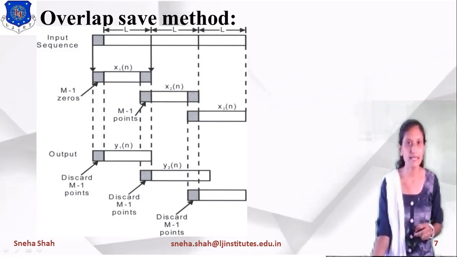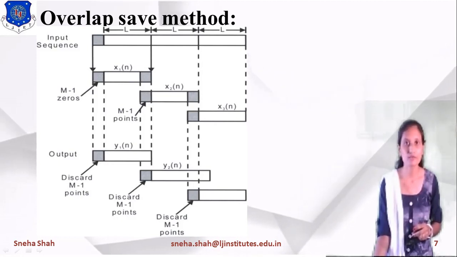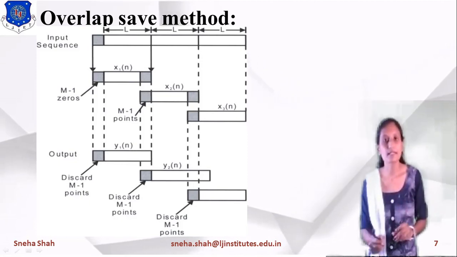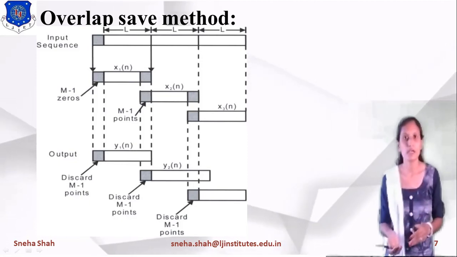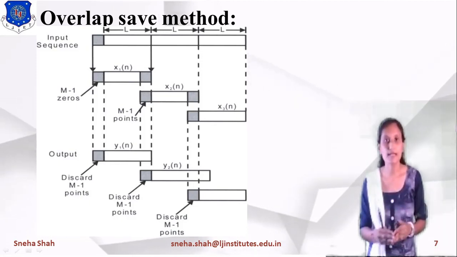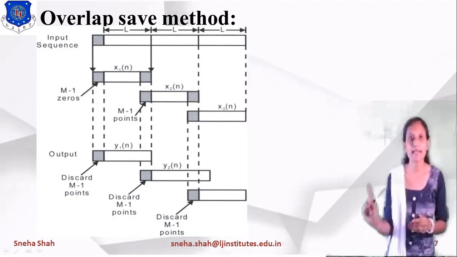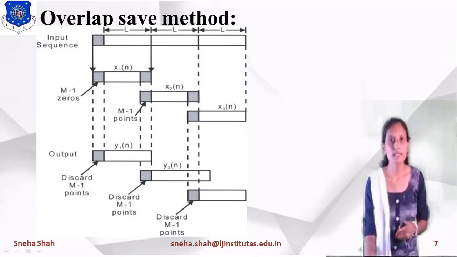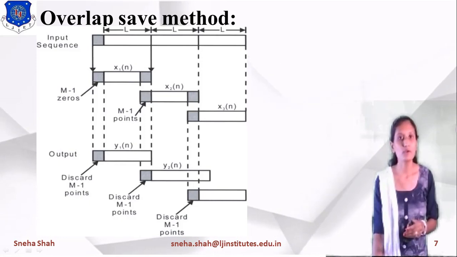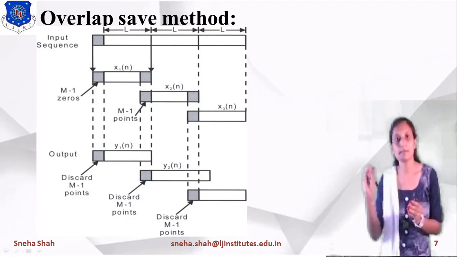So starting with the overlap save method, if we are taking this as an input data sequence, this one is a long data sequence, right? We convert it into a number of terms like x1 of n, x2 of n, x3 of n, likewise. As you know, linear filtering means we have to do linear convolution. So what is the length of the linear convolution output? As we had seen, the linear convolution output length equals L plus M minus 1, right? So if I am converting this input sequence into a number of samples equal to L, we have to add M minus 1 zeros, so the total length will be L plus M minus 1.